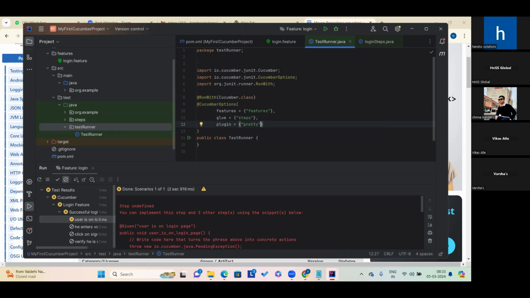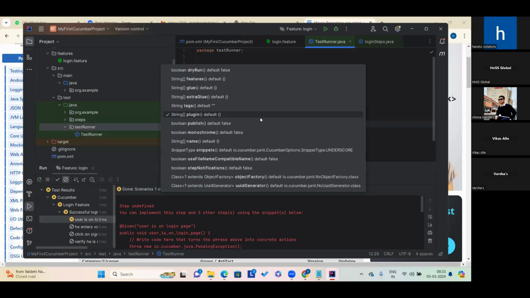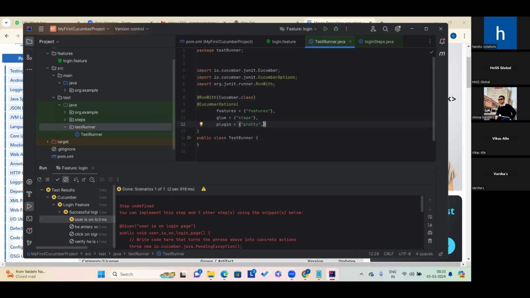And then you can pass, since we want to generate an HTML report, html as the key, and you want to give a name to that particular report. For example, my test report is the name of the test report file